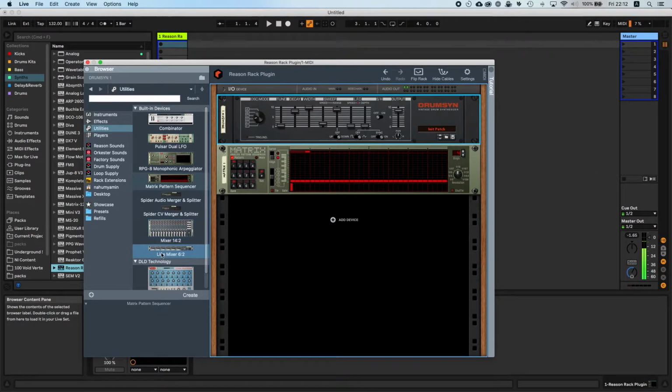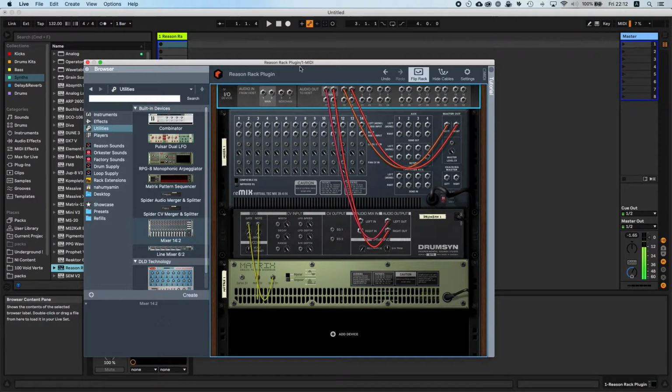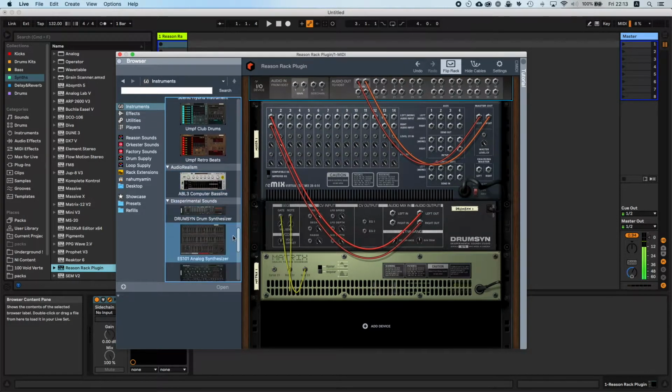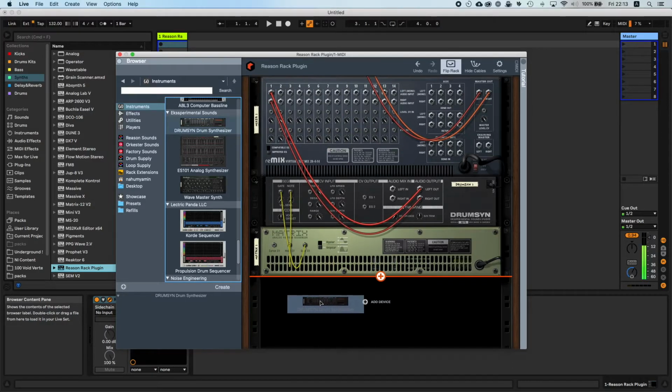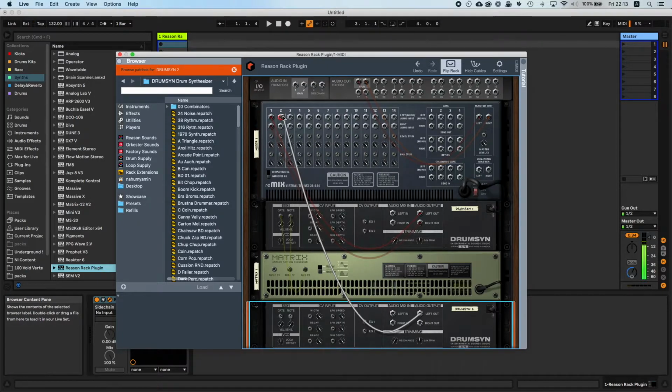Let me create another one over here just for fun. So I put in a mixer, and if you're not familiar with the Reason environment, it's basically a modular hardware-like environment where you can just plug stuff around. So what I'm doing here, I'm taking the sound from the drum synth into the mixer, and from the mixer it's going out. And now I'm going to look for another instance of the drum synth, put it over here, connect it to the second channel,